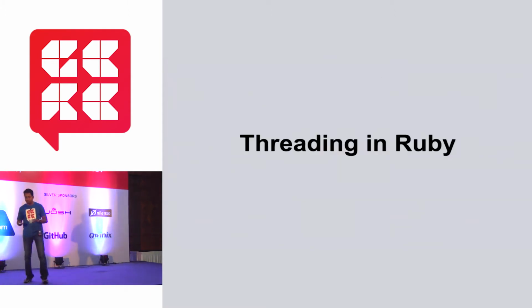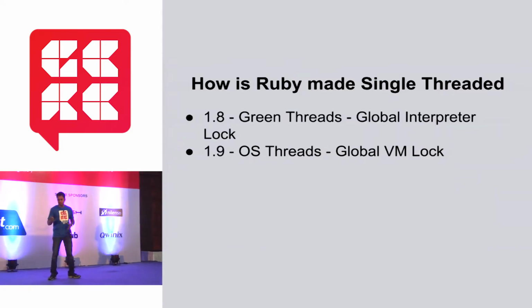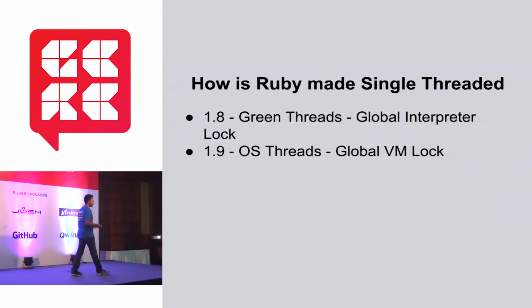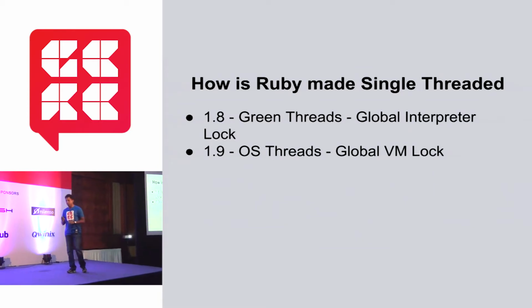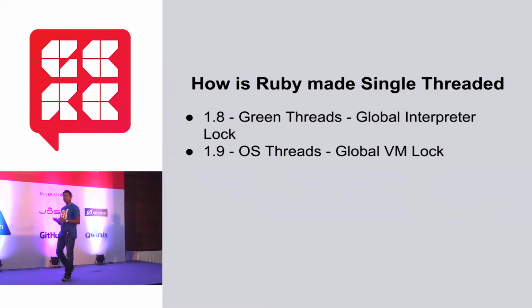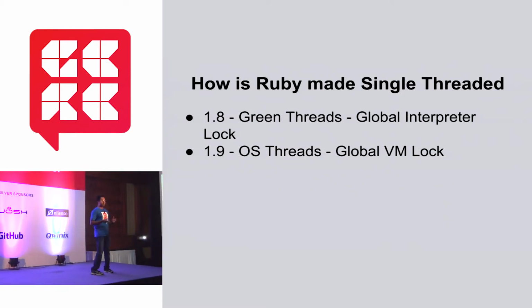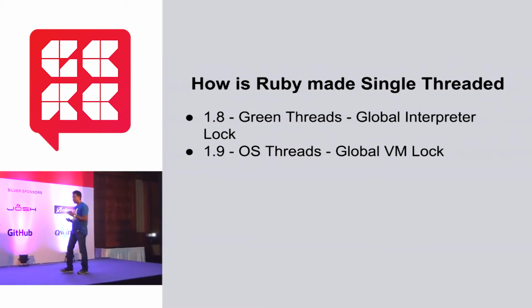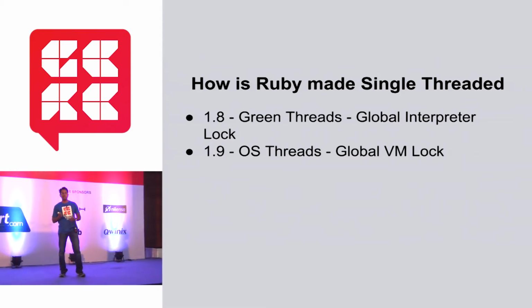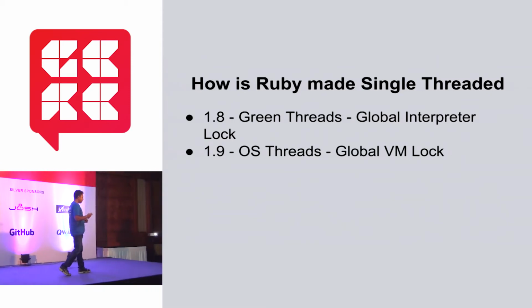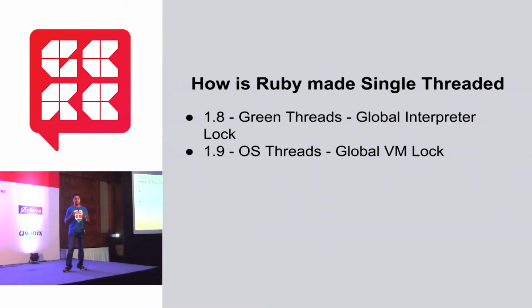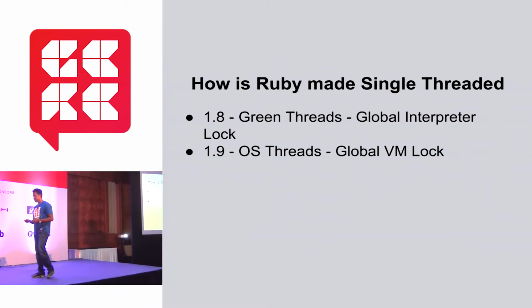So before we understand more about the memory model and what it has to do with Ruby, let's understand a little bit about threading in Ruby. So all of you know green threads as of 1.8. There was only one OS thread which was being multiplexed with multiple Ruby threads which were being scheduled on it through a global interpreter lock. 1.9 comes along, there is a one-to-one mapping between the Ruby thread and OS thread, but still the Ruby thread cannot use the OS thread unless it has the global VM lock, as it's called now, the GVL acquire.